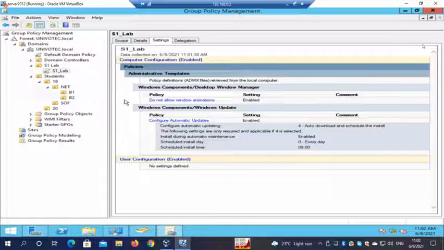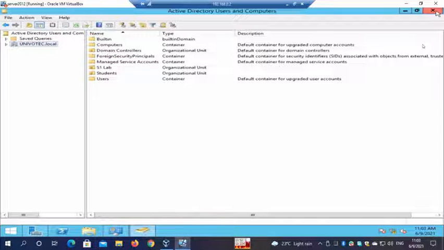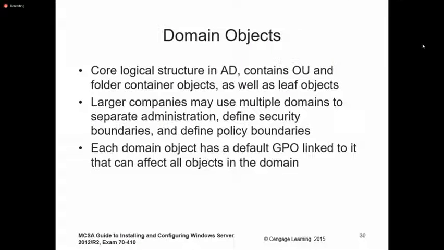So these are the computers. Then for the users, I have to separately give policies for the user configuration, right? Okay, so that is basically the group policies. The default will apply to all the users. So you have to put policies which you can apply to every user, right?